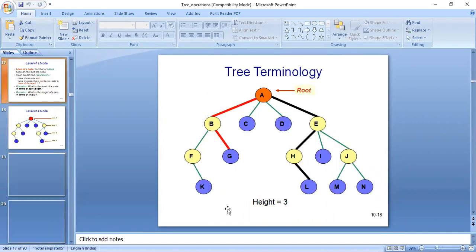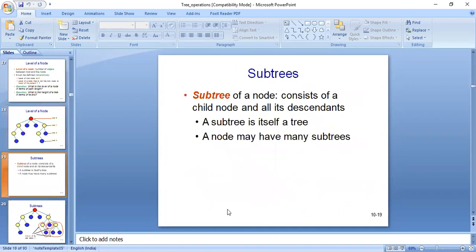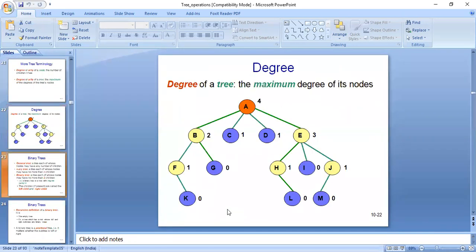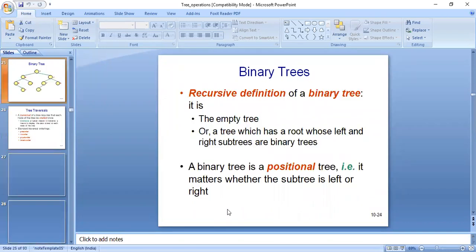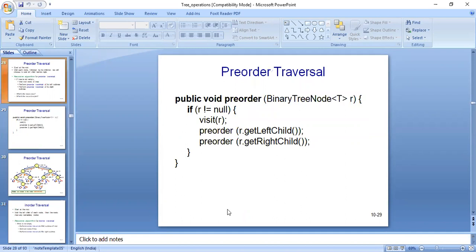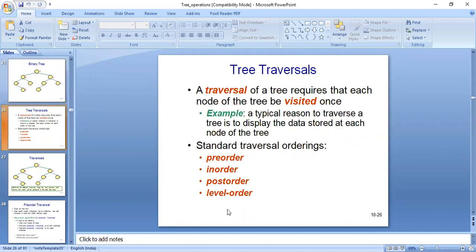Now directly moving to the traversal of a tree, how we can traverse a tree. Here we have the traversal algorithm, the traversal operation. Traversing means accessing each and every node of a tree.